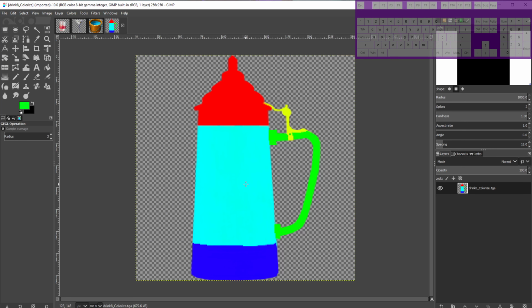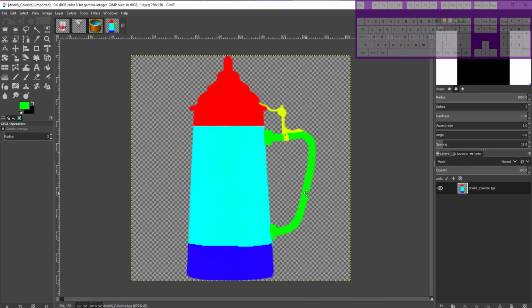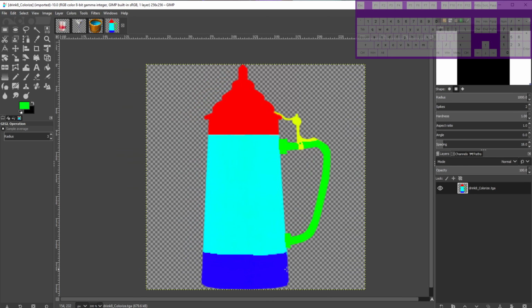But these are all the colors that signify which region. I don't remember which one is which, but if you go in game and test it out according to these, you should be able to find which is which. I believe red is 1, blue is 2, maybe green is 4, and this is 5, and yellow 6. I don't remember exactly, but these are all the colors that you're going to want to use to colorize your